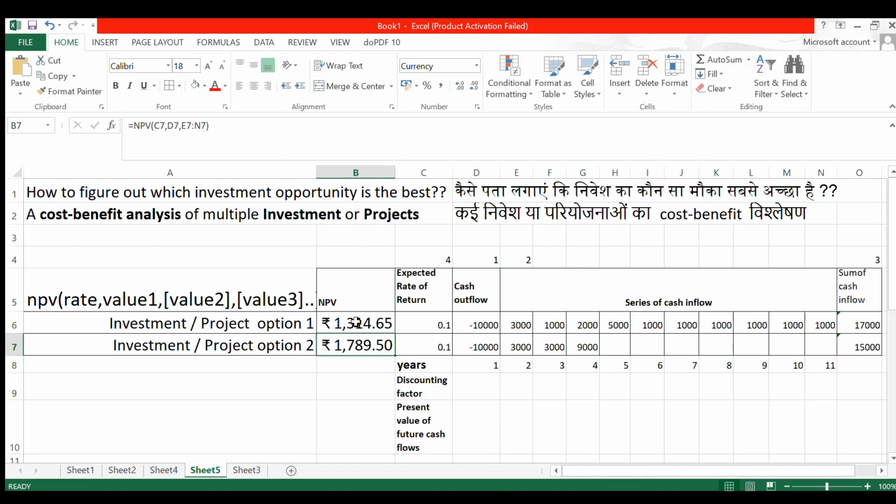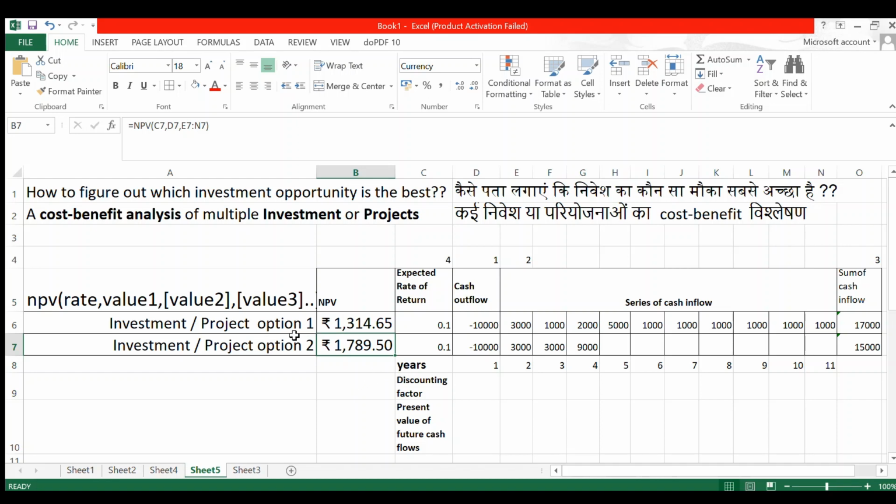So you must be wondering, what is this? I am spending 10,000 rupees, but I am receiving only 1,314. How is that possible? It is not at all acceptable, but there is something more to it. Let us discuss that point.